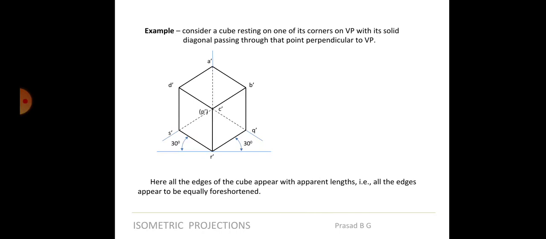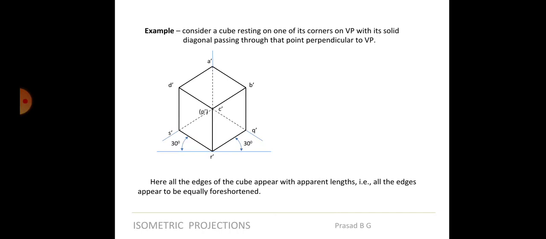This concept you have studied in orthographic projection also, right? Whenever it is parallel to you only, the length will be equal to true length. But now that you know in isometry, you are inclining the object by what angle? 30 degrees, right? So obviously when a straight line is kept at 0 degrees and parallel to you, if it is turned by 30 degrees, the length would appear as reduced, isn't it? Same way in isometric projections, whenever you are drawing an object inclined at 30 degrees, the dimension will shorten, definitely.